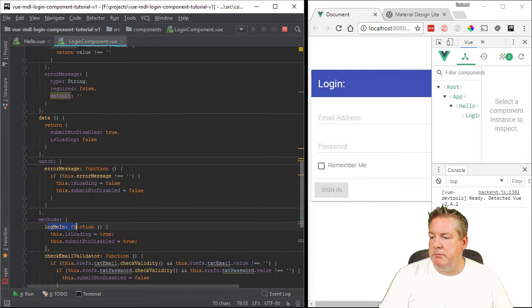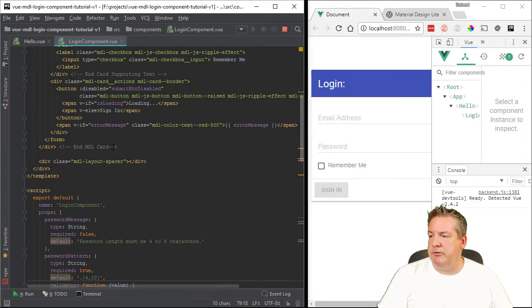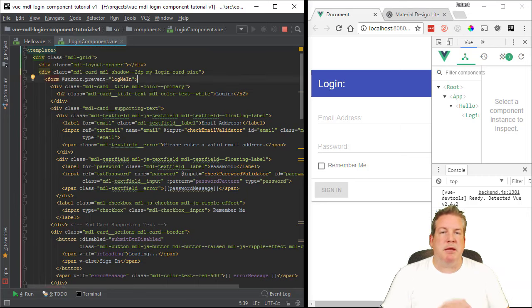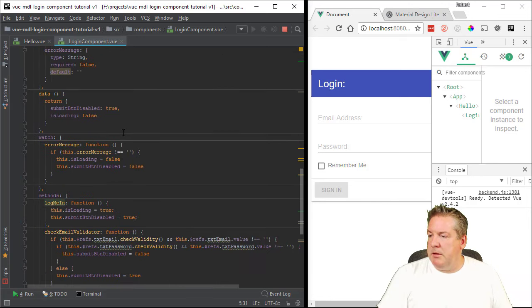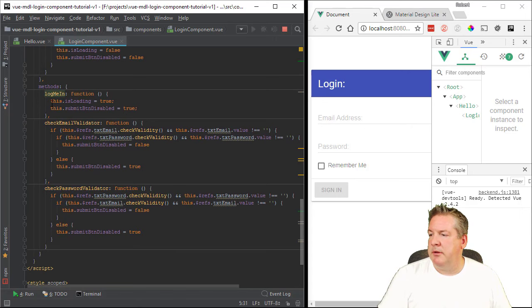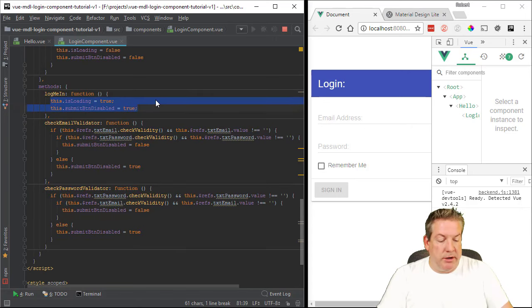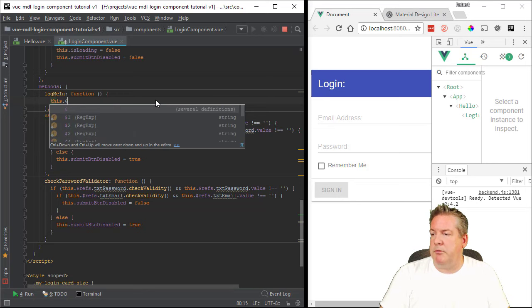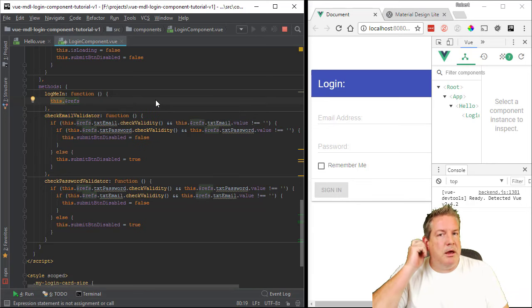So at that point that we've got everything scaffolded out, let's go ahead and do our log me in method, which is the form. Goodness, it's hard to find anything. There it is, the form. So we've got log me in method, which is when we submit our button. And to do that, we're going to go ahead and grab the variables directly from our inputs from the DOM. This dot refs,